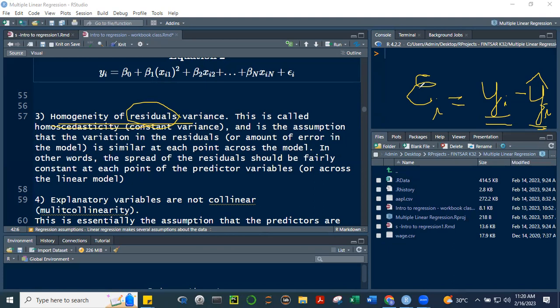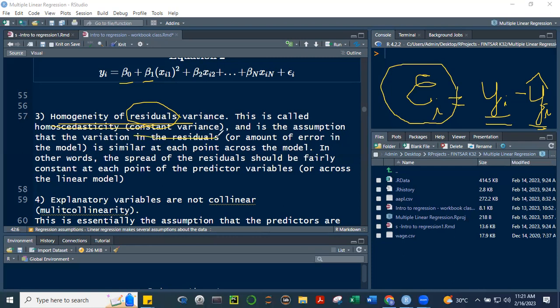When we create a model, we will now have values of beta null, beta 1, beta 2, etc., the parameters. So when we have determined these values, for a specific observation, we have the corresponding x1, x2, x3, x4, and when we substitute the betas there and compute the value of y, we have what we call the predicted value. When we compare the predicted value and the actual value of y, we have this residual. And then when we collect all the residuals and plot them, they should